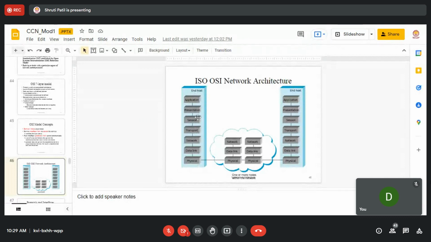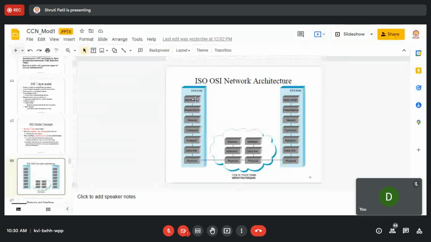You have to remember these layers in order only. Whenever a question is asked, you have to draw and explain the OSI reference model. This can be a viva question, and it can also be a theory question. So you have to remember from top to bottom or bottom to top, in any order you define, but you have to write them in that order only. The topmost is the application, presentation, session, transport, network, data link, and physical.